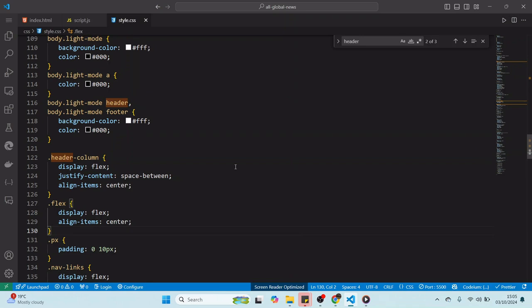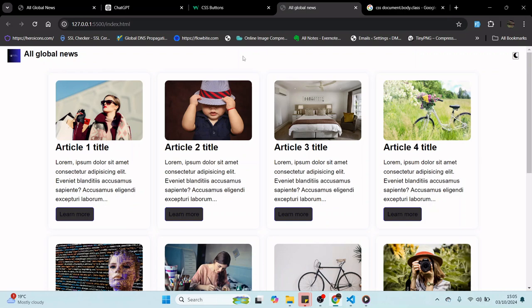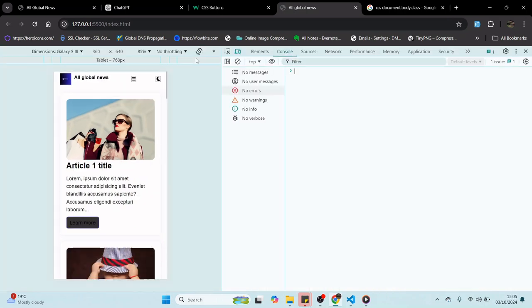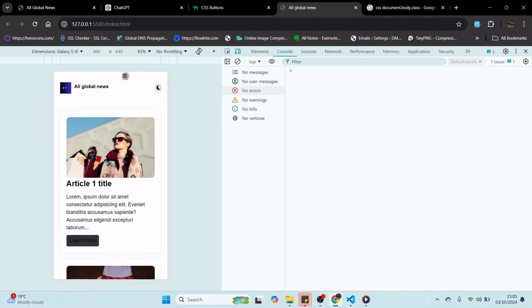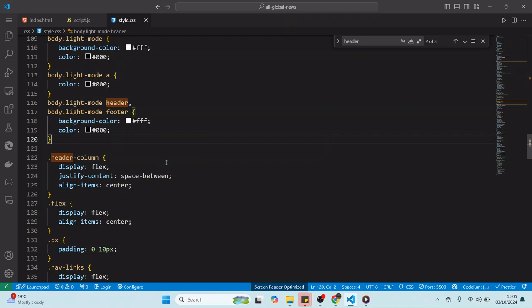But text. So the problem is the text is not changing. If you change it, the text is not showing, even if it's on dark mode. So what we want to do is change the text color also. So to target that, you can do